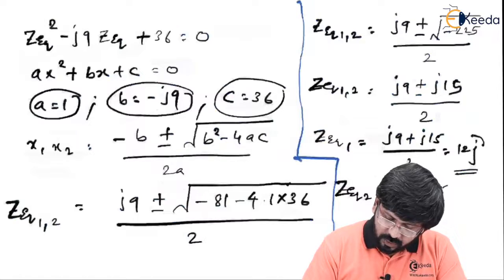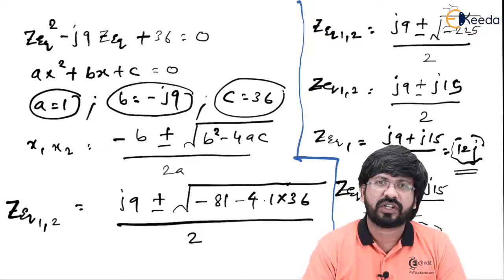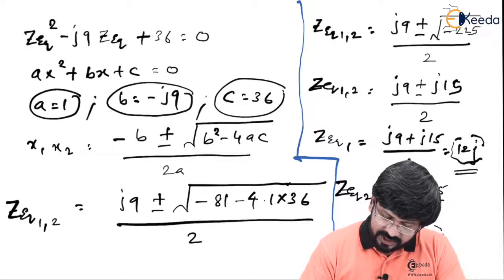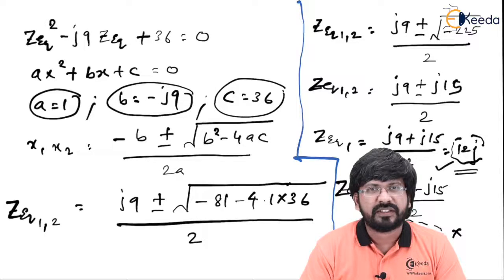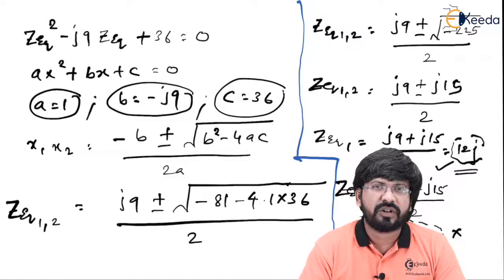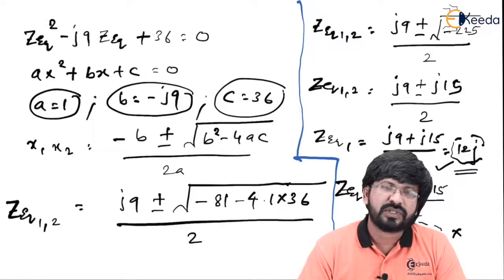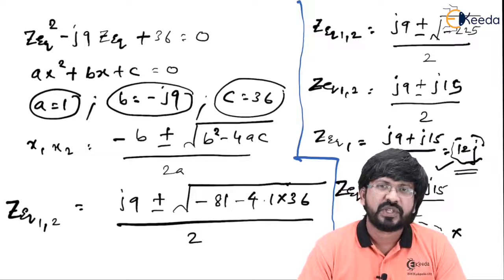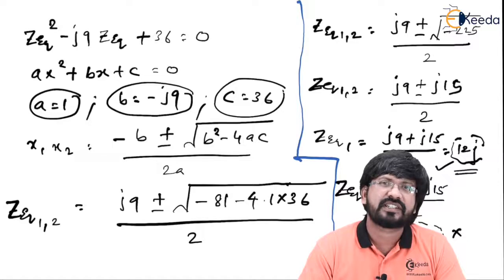But what if 12j as well as minus 3j ohms were there in the options? Then what would you have done? Even in that case, you should go for the first value. The second value is still invalid. I'll tell you the reason why. The second value is a negative impedance, and when it comes to negative impedance, it always shows a capacitor component. Whenever there is a positive impedance value, it shows inductive reactance. Please remember, inductive reactance is written as plus jxl, whereas capacitive reactance is written as minus jxc. Am I right? So negative impedance indicates a capacitor, and positive impedance indicates an inductor.